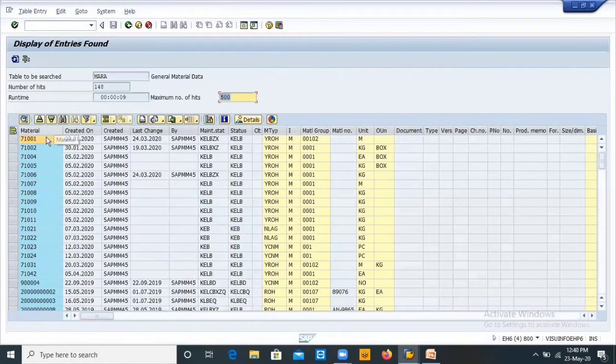These are the material numbers, the list of materials created by SAP MM45, and these are the fields.